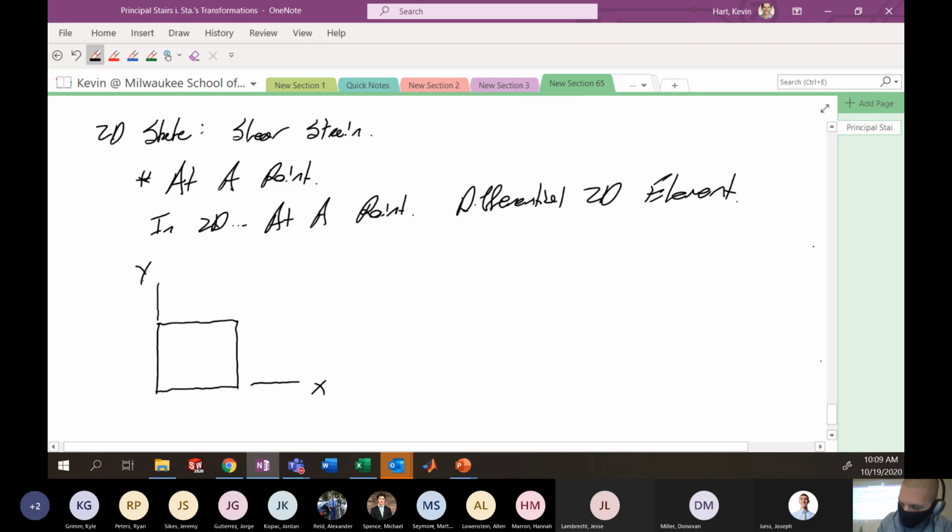Here, this is X, this is Y. I'm just putting a coordinate system on here. And you might have some dimensions to this element, which might be on the surface. Let's say that the length of that particular element in that direction is dy. And the length of the element in this direction is dx. So these are the undeformed lengths of the original pieces. So undeformed, it's dx by dy. Sort of makes sense.